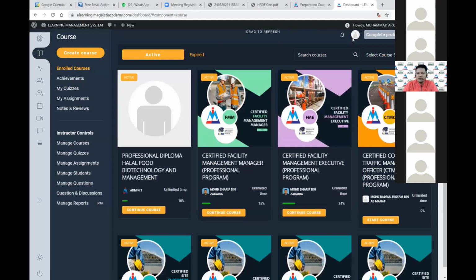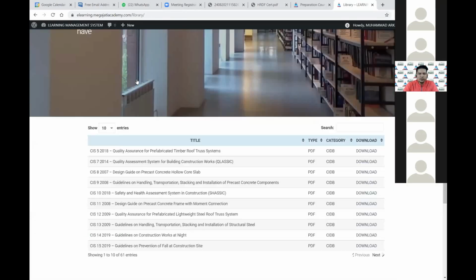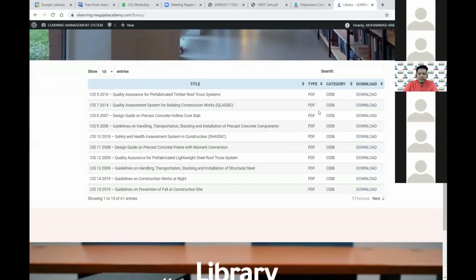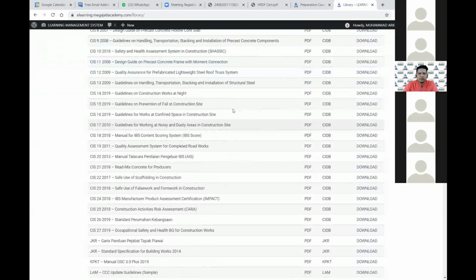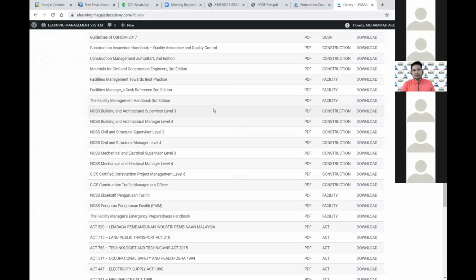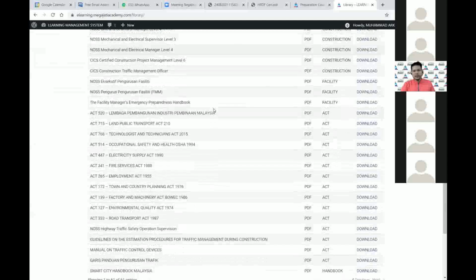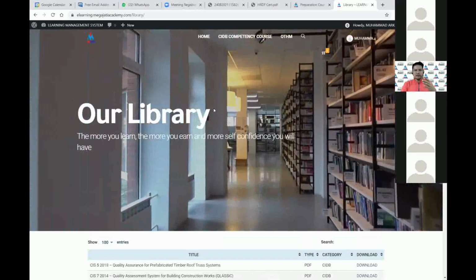From here you can see we have a library. In our library, everything that is very useful for the program is shared. We keep updating the numbers, and now we have about 60 books, 60 references that we collect from the sessions and share among our participants.